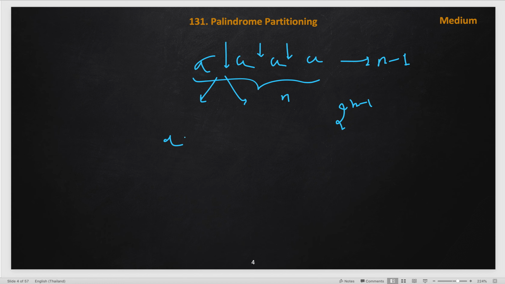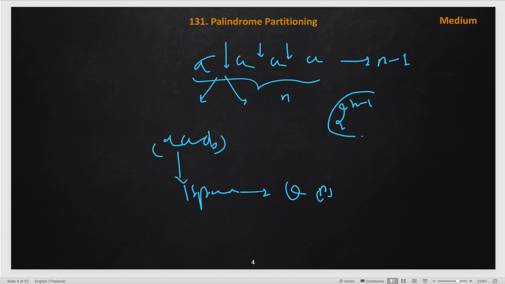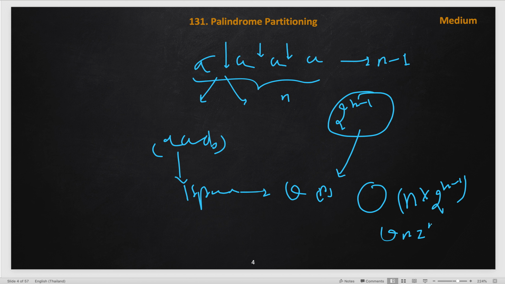And also once we got a string, let's say some string we got on the left, a b something. For this left, we have to check whether it is a palindrome or not, and this palindrome check will take O of n time. So for all these substrings, all the partitions, we have to take O of n time to check whether it is a palindrome or not. So the overall time complexity of this solution is O of n into 2 to the power n minus 1, which is nothing but in big O, n times 2 to the power n, which is exponential. And what will be the space complexity?